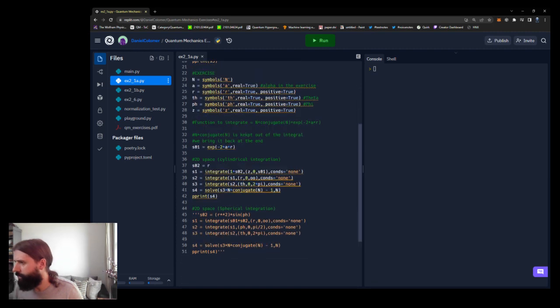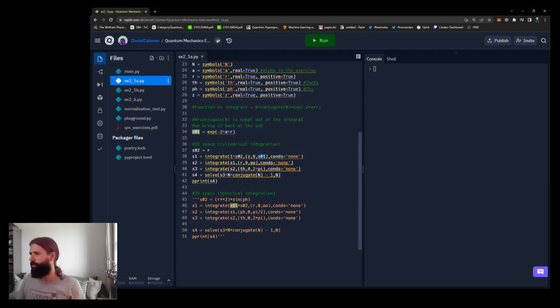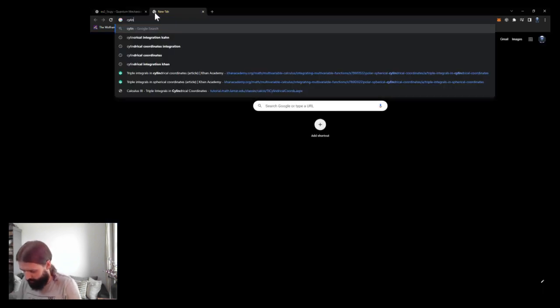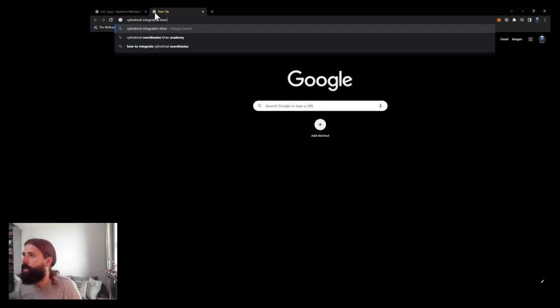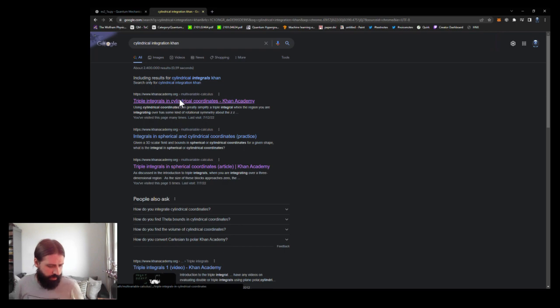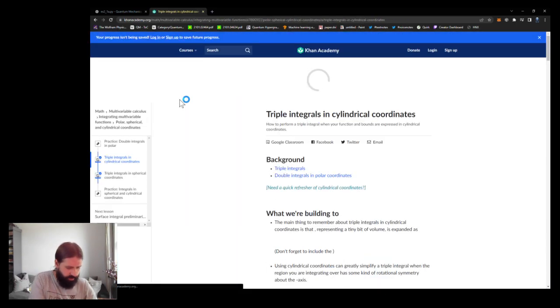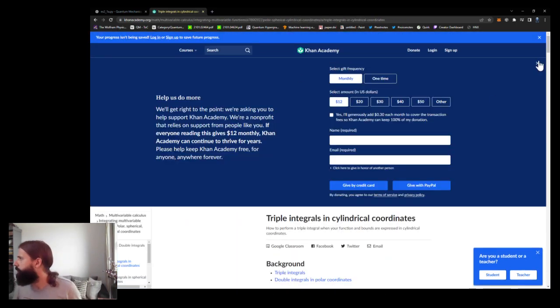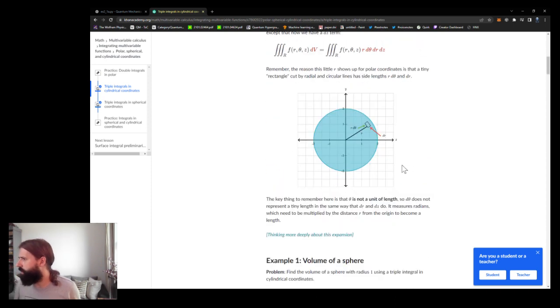Where were we? We were here trying to find the boundaries of this with cylindrical integration, and we're saying, let's open up Khan Academy cylindrical integration. I think that was the link that I found most interesting, and it was exactly here, right? So here,